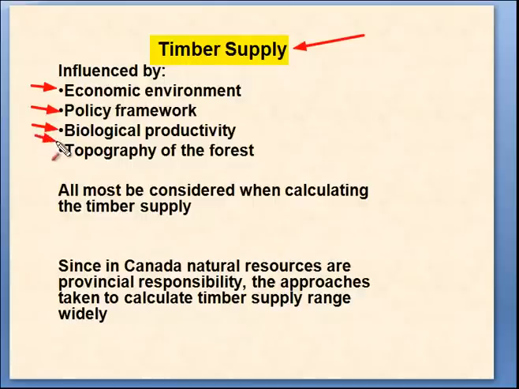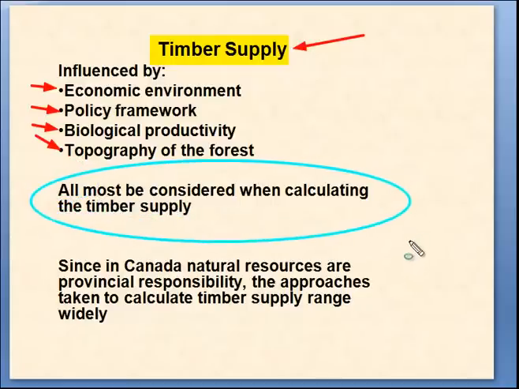A very typical one is the topography of the forest. If you grow, for example, hard maple around Rice Lake, south of here about an hour, the hard maples are fantastic. They grow unbelievably well. They have very small hearts in the middle, as they're called, or brown area. While if you come up to Bob Cage in the north, the topography is far more rugged, with very shallow soils, and the quality of the wood is dramatically lower. So all these things have to be considered if you're going to plan out your timber supply.